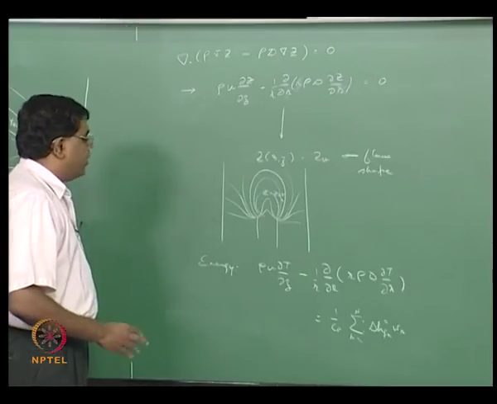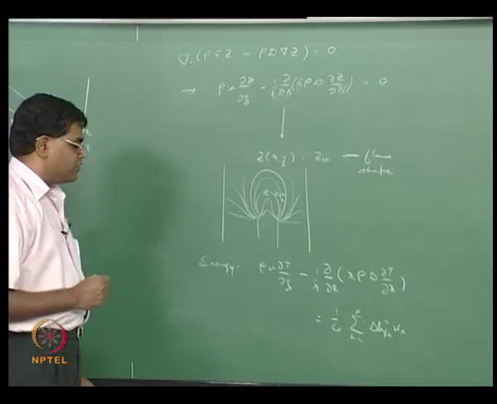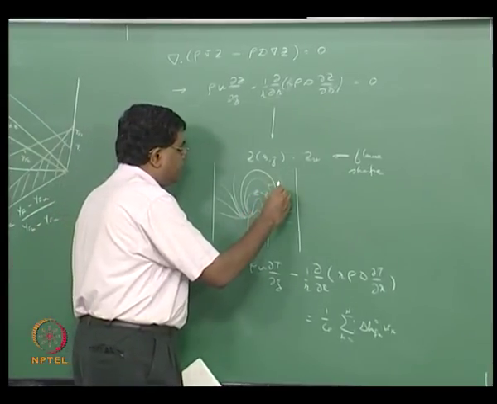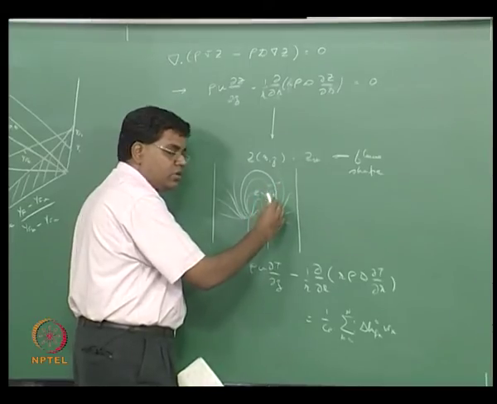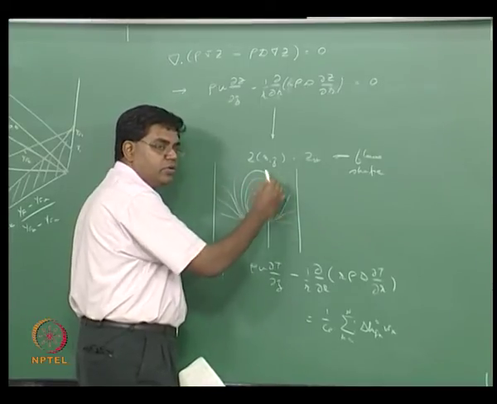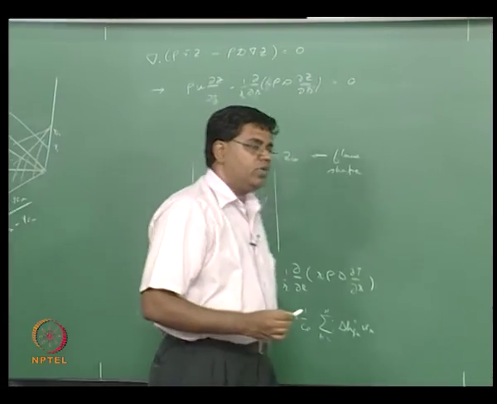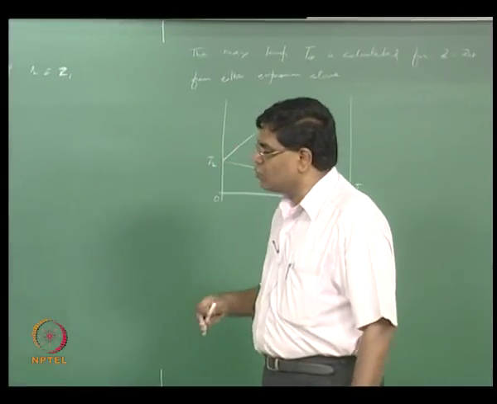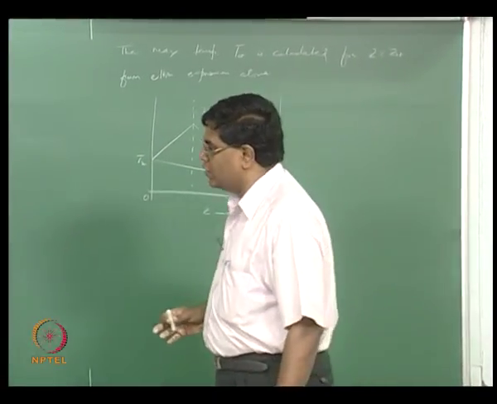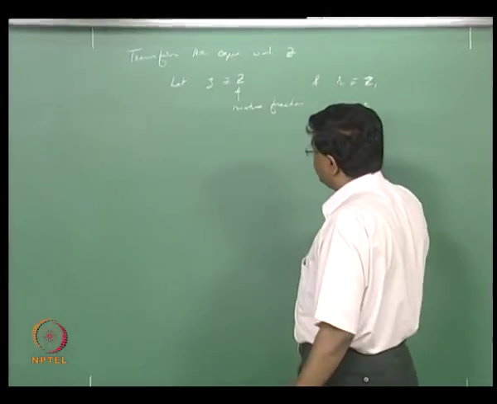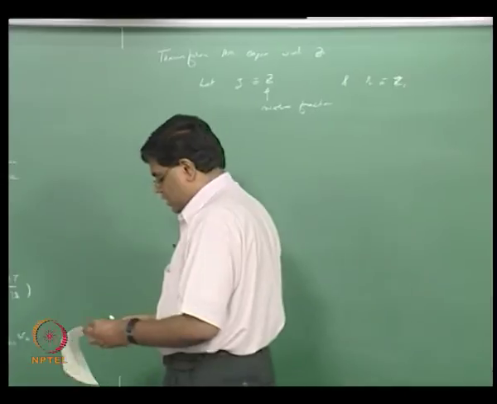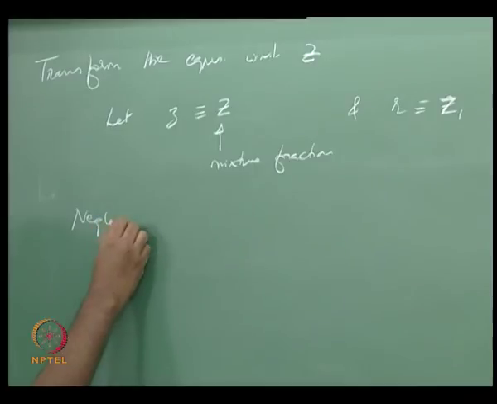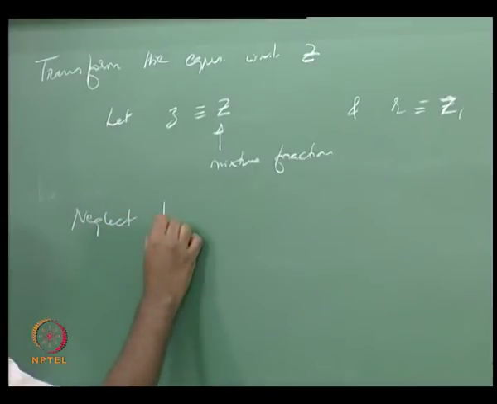And then you could make an approximation whereby you say gradients that are perpendicular to the flame are important, gradients that are tangential to the flame are unimportant. This is typically valid whenever you have a flame sheet kind of situation, right? And you can now throw away a lot of terms, and to leading order you can even throw away terms in other derivatives except these. And finally what you will get is, so neglect tangential gradients,